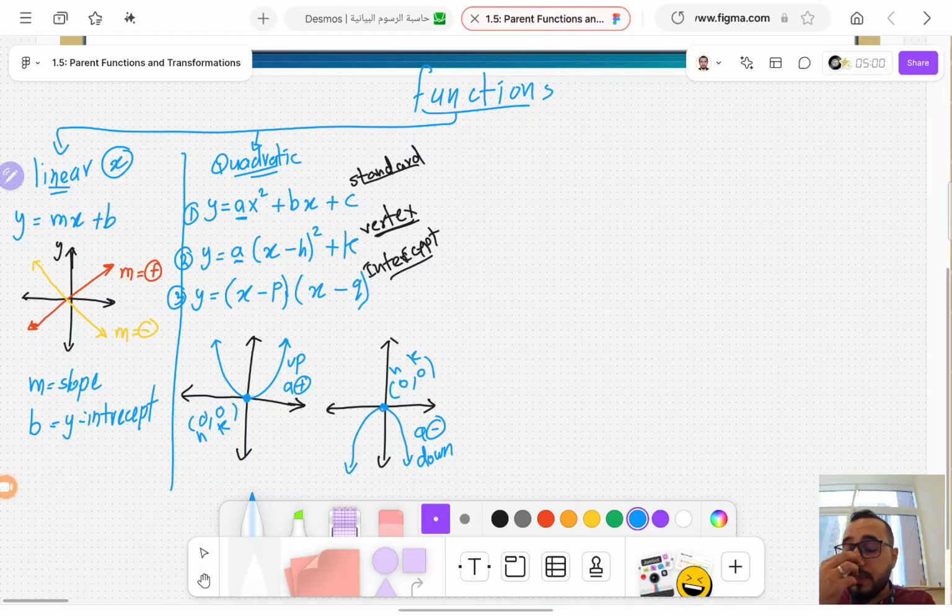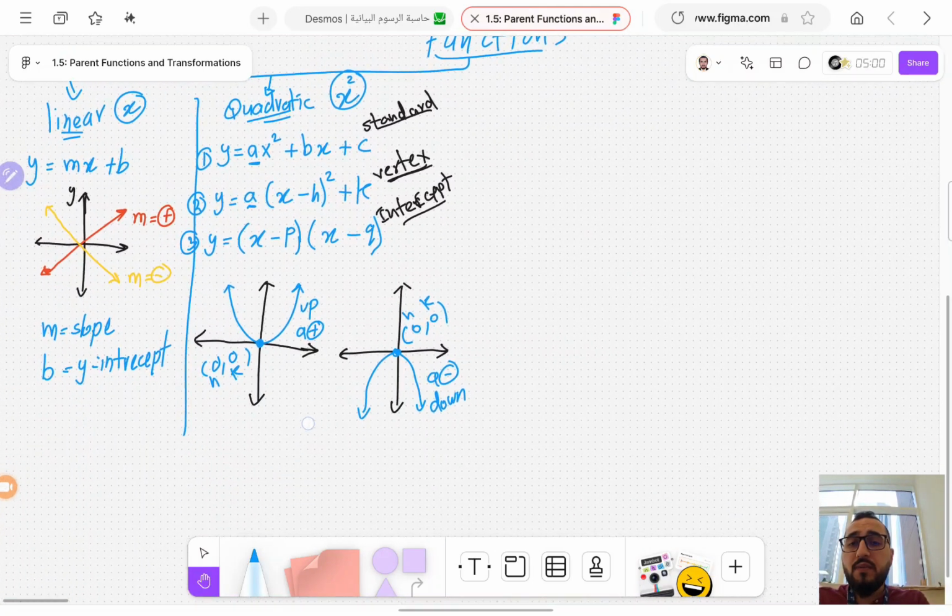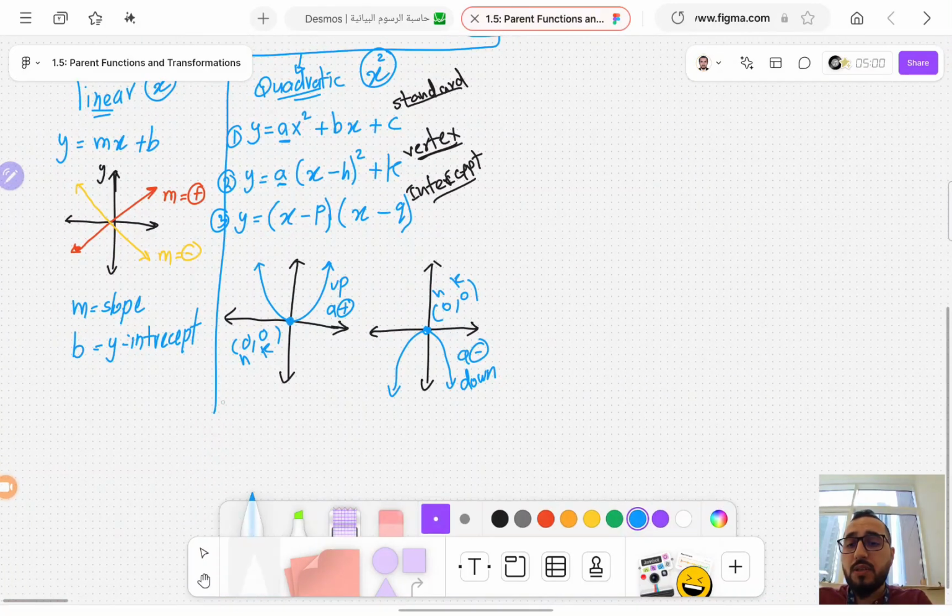Now, what is the standard or parent function for the quadratic? The parent function is x to the power of 2. Let me give you more additional information about how we can graph the quadratic. Starting with number 1: if the question is given in the standard form,